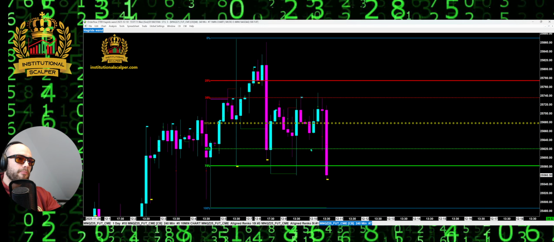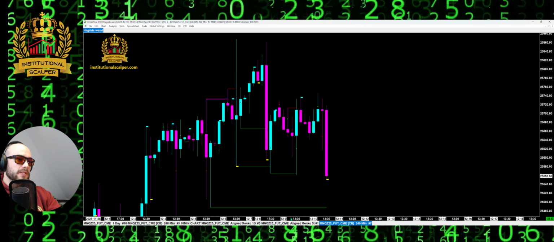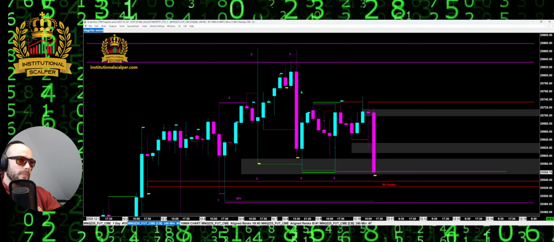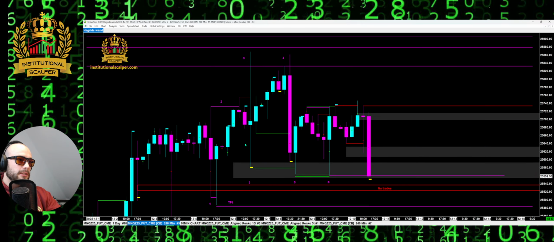Now, my bias has been bearish for a while, and the reason is that on my 4-hour chart, we have this gold zone here for a delta held setup. 1, 2, pull back 3. Got this gold zone, and it's been tested 1, 2, 3 at the start of the session for the 4th time. So the chances of that holding over and over again, I don't see it happening. On top of that, coming into the session, we've got a model 3, which sets some nice structure. We'll get into that in a second, but overall on the 4-hour,